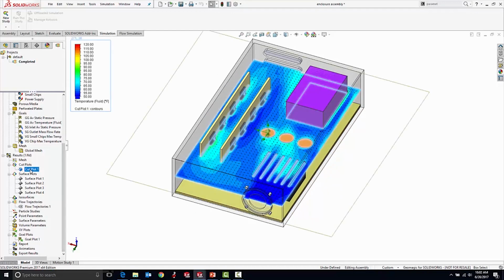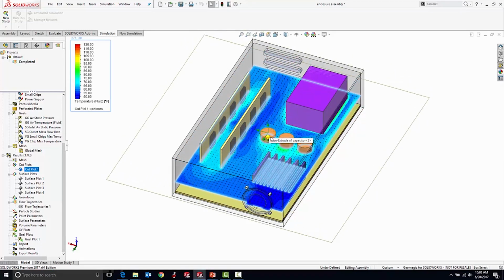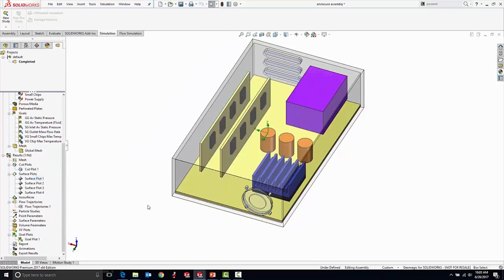I can also move this cut plot through the enclosure and look for areas where maybe I've got some stagnant flow that's not really helping me out. Maybe I need to up the flow rate. Maybe I need a bigger fan. Maybe I need bigger openings on the box. All sorts of different things that I could vary in my design, from the venting to the size of the fan, the number of fans, the placement of different components, and I can run through all different versions of this